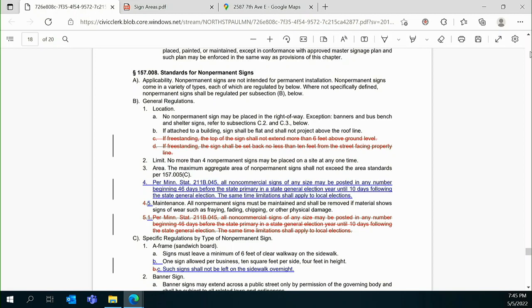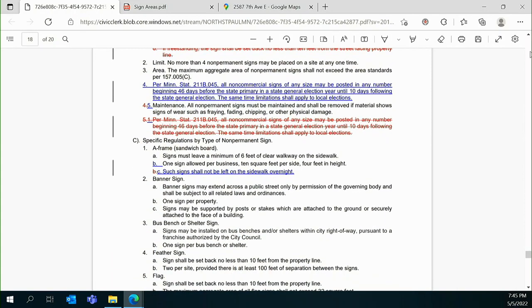Also, while we're discussing, you mentioned the banner sign going across the road. Should we just change A to not allowed? It doesn't sound like they want them going across the road, period. So why don't we just change that up there to say not allowed instead of extend across the road by permission and all the other stuff? Just, it's not allowed. You could have it on posts or something though, right? Well, you'd gotta go across the street. Light posts, you could do it probably from trees, more sturdy than any other post they could put in. I don't know, trees are pretty sturdy.